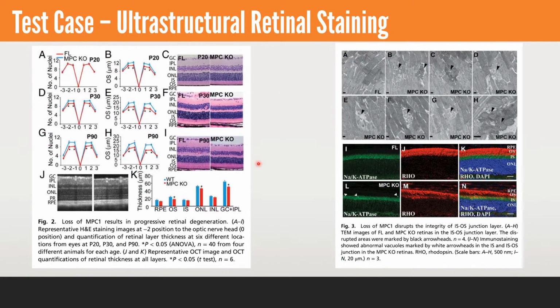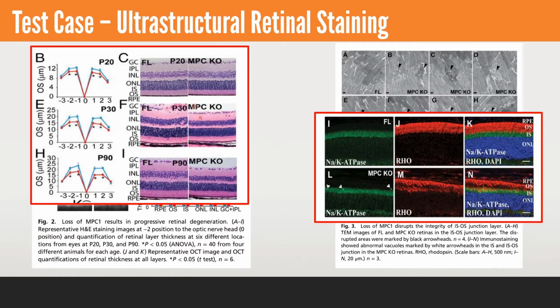So here are two significant figures from this part of the report. We see here in figure 2, and we can just zoom these up, what we're going to be analyzing. We can see here postnatal day 20 when they analyze this. The MPC knockout, our experimental method, is going to be this red here. And we can see that there's a little bit of a difference in outer segment length, right? The photoreceptors are a little bit shorter than they should be. The qualitative data, it's not as noticeable, but